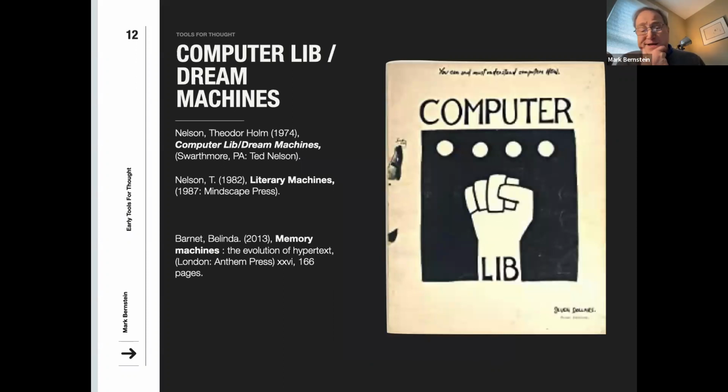From the 60s on, Ted Nelson lobbied for the wholehearted embrace of links in a world of literary machines, a term that was once shocking and is now fairly familiar. This was a world in which you can and must understand computers now. This in the 70s was a ridiculous thing to say, but of course it's true. Nelson's view was hard to understand in detail,